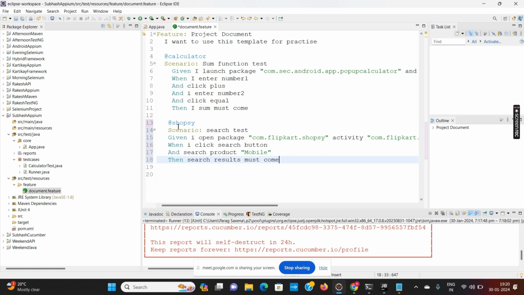So simple, I have written one scenario that when I open this Flipkart and I click on the search button and search mobile, then I should get the result for this mobile. So again, this is a Shopsy test.